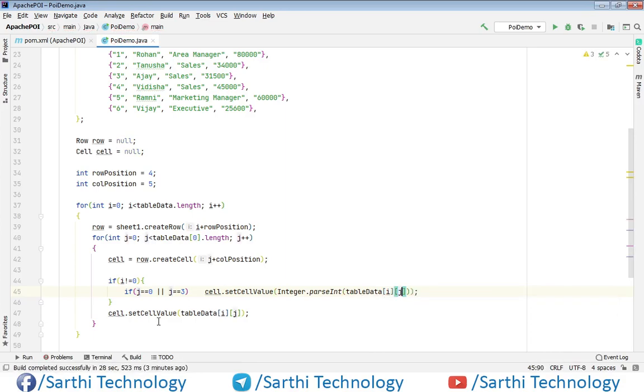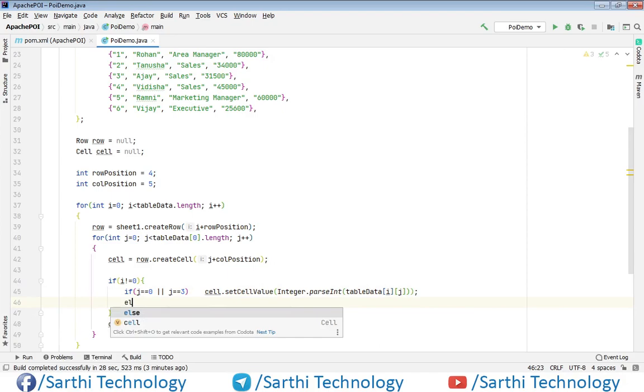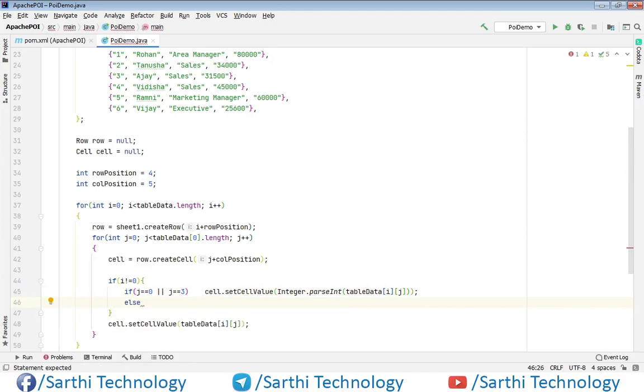Okay, so if j is 0 or 3, we will put an integer value, else we will put a normal string.